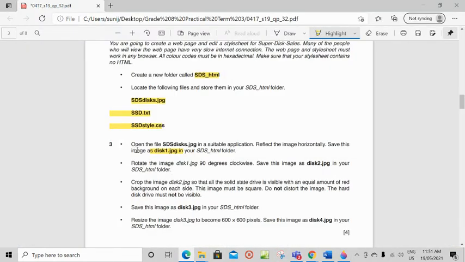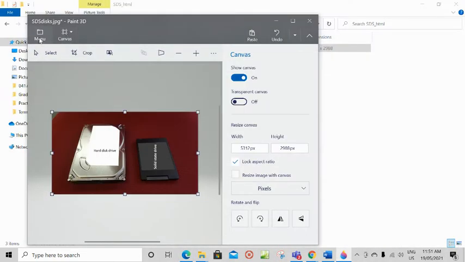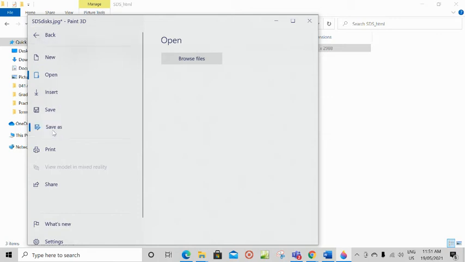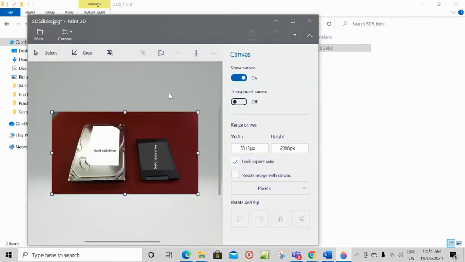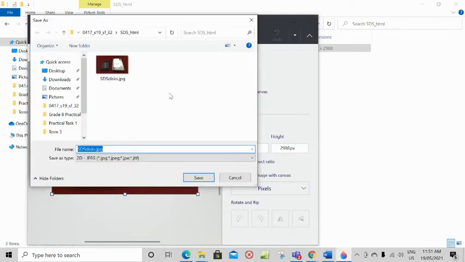After doing that, you have to save the image as disk1.jpg. Go to menu, save as, image. Make sure you are saving the pictures in the same folder, sds_html.